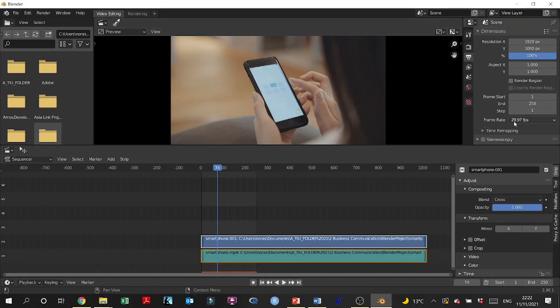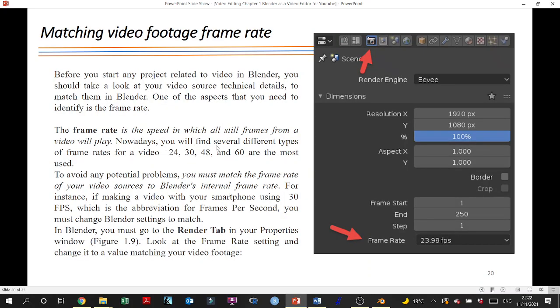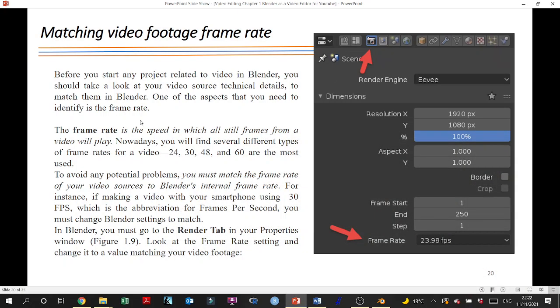So here you can see it is 29.9, which is almost 30 frames per second. So it is consistent with the system, because over here, as you can see, these are the output properties, and the frame rate here is 29.97. What is the frame rate anyway? Frame rate is the speed at which all frames from the video will play per second. It says frame rate is FPS,